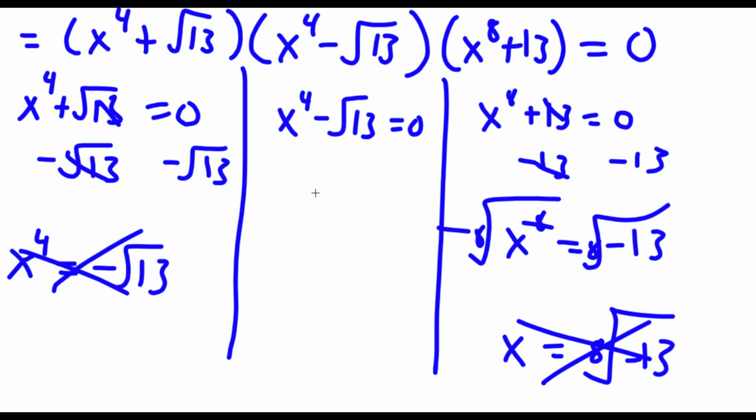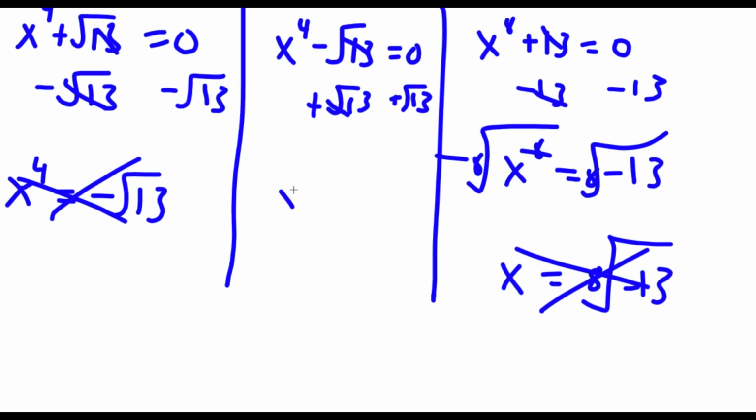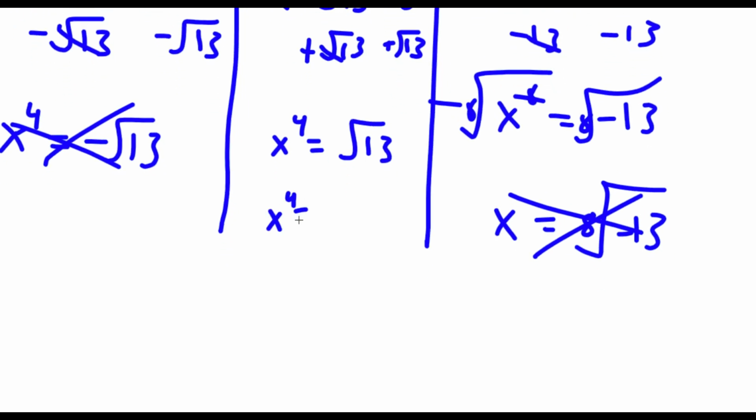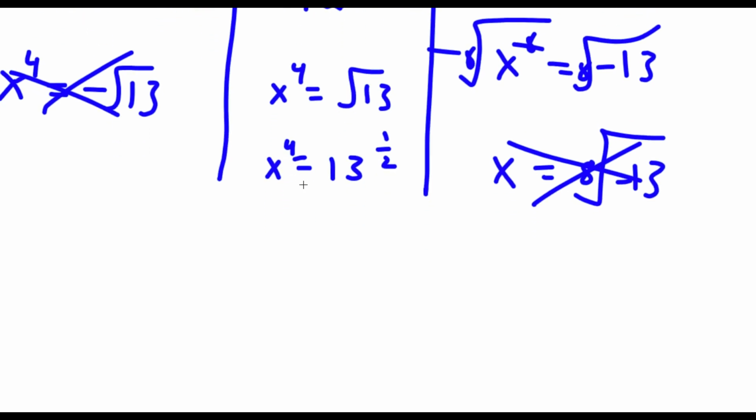So now all we are left with is x to the power of 4 minus the square root of 13 equals 0. So I'm going to first add the square root of 13 on both sides. So now I have x to the power of 4 is equal to the square root of 13. Now the square root of 13 is the same thing as 13 to the power of 1/2. So now if I take the power of 1/4 on both sides,